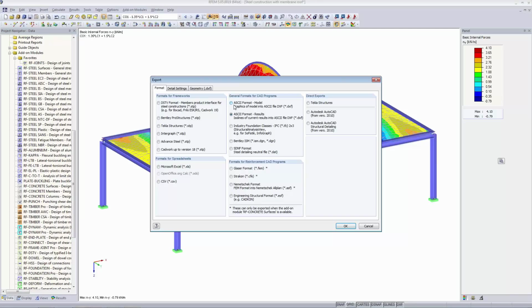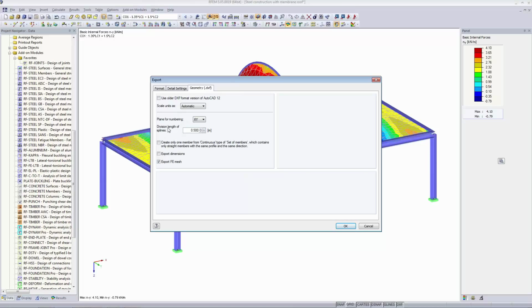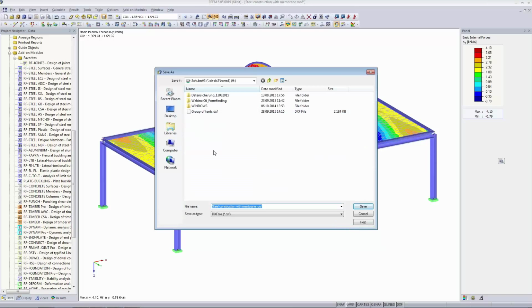You have to activate this ASCII model, graphics of model into a DXF file, and then you get two more tabs here, and here it is, export mesh, finite element mesh. We can do so, and I just call it steel construction mesh,